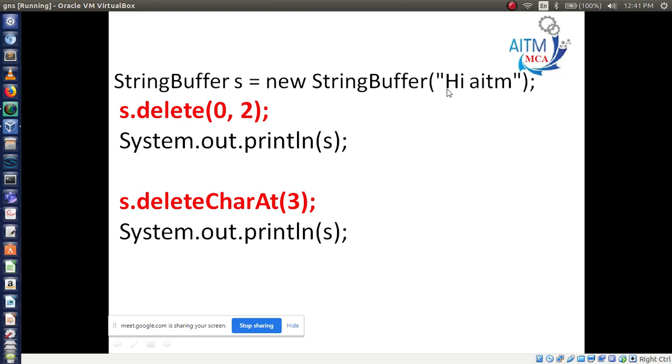Count here: 0 position, 1 position and second position. 0 position has H, first position has I, then second position is white space. It is going to be erased. That's it. Now what will it print? AITM. Is it clear?